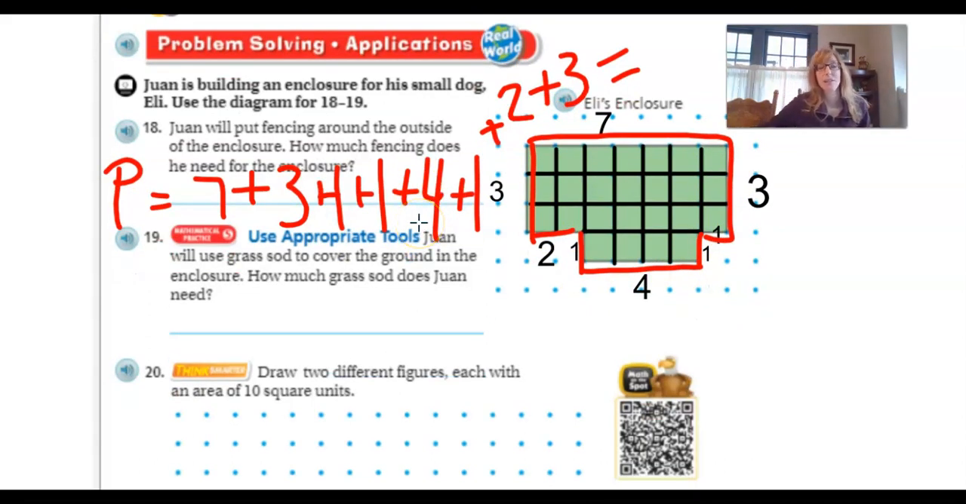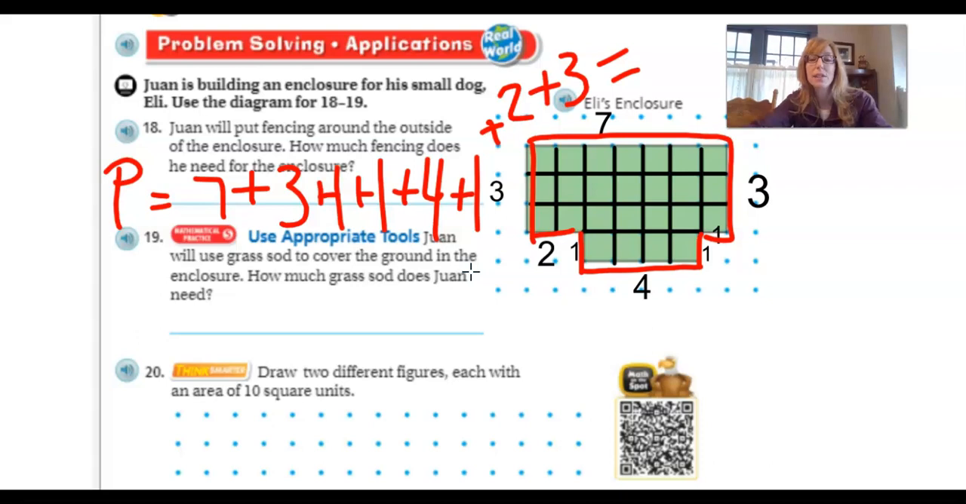Now it says Juan uses grass sod. So grass, think about grass. It goes over top, okay, of the ground in the enclosure. They want to know how much grass sod will Juan need. Okay, now here's